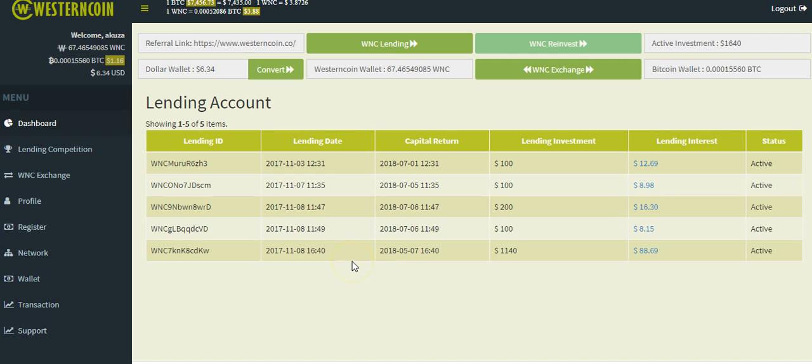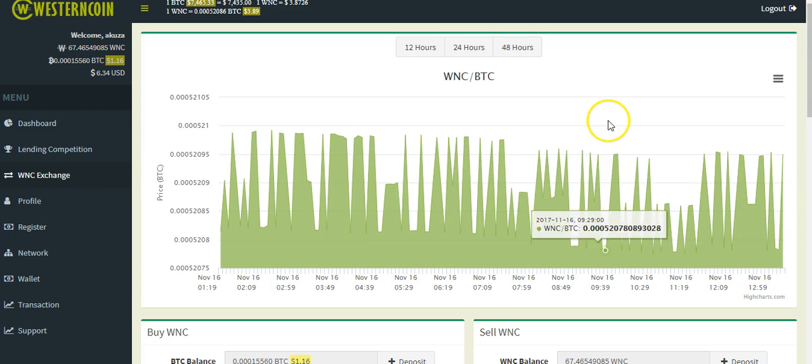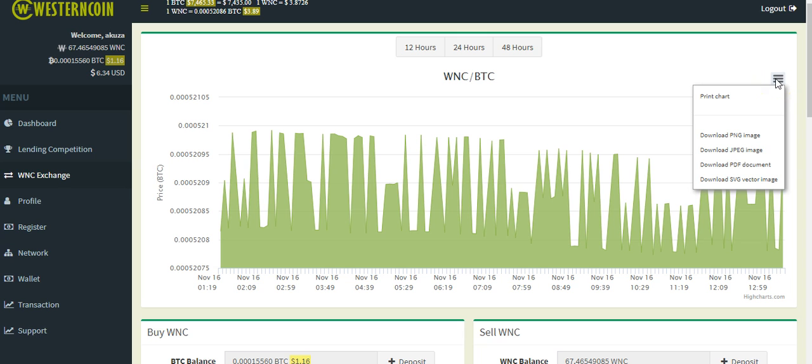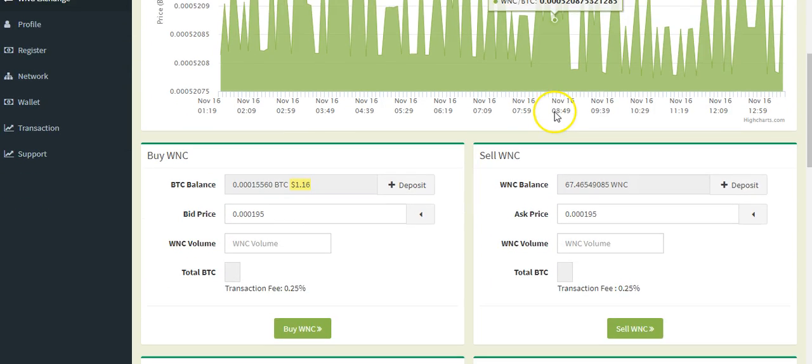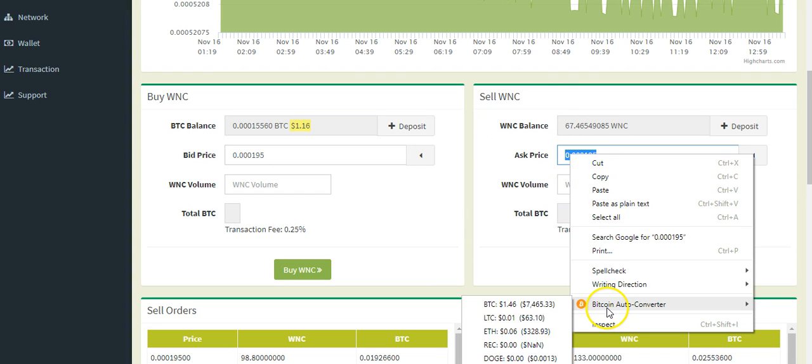I want to go over Western Coin real quick. Western Coin is a very smart program. I'll tell you why. Because right now, you can go on the exchange, which is their internal exchange, and you can actually pick this up for $1.46. So you can come in here for $1.46. You can buy these each,